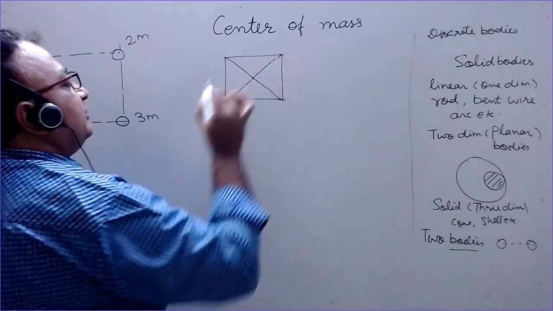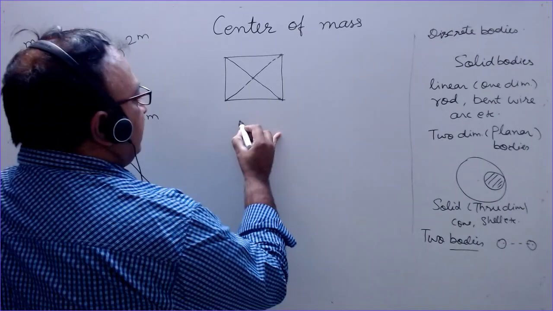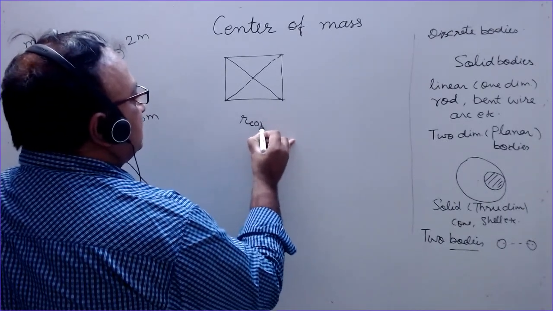At this point. But here they are not joined and masses are different. So now we have to find the position of center of mass of the body, and you must remember what is the formula for finding the center of mass. The position vector of center of mass